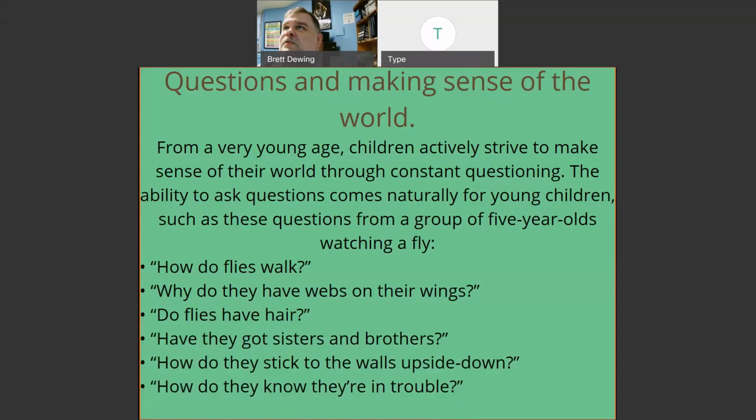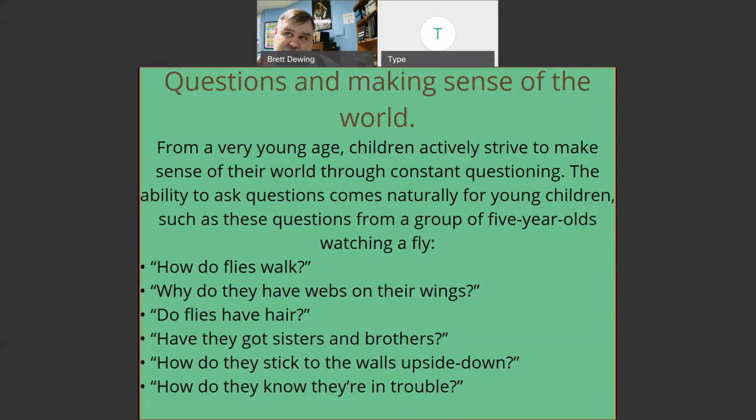So on to today, questions. I want to start with this slide about questions and making sense of the world, just as a background about why we question. From a very young age, children actively strive to make sense of their world through constant questioning. The ability to ask questions comes naturally for young children, such as these questions from a group of 5-year-olds